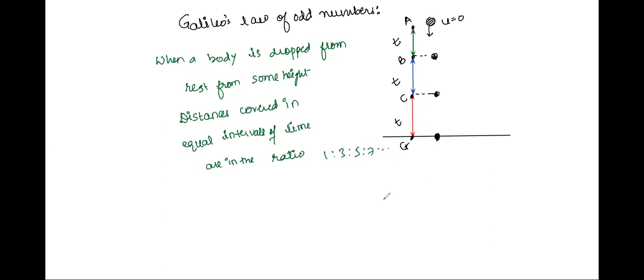which I have marked in green, let's say this is h1, and next, let us say this height is h2, and if this height is h3, these are in the ratio h1 is to h2 is to h3, 1 is to 3 is to 5, and so on. A proof of the law is also available, but right now I would want you all to not get stuck with the proof, but rather see how you apply it in a given question.